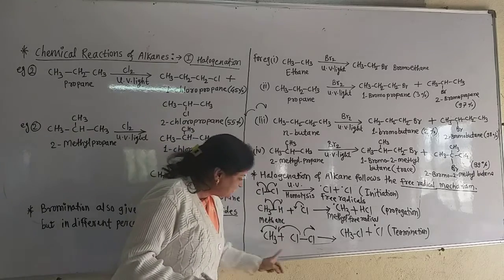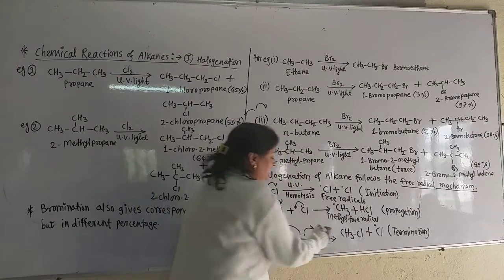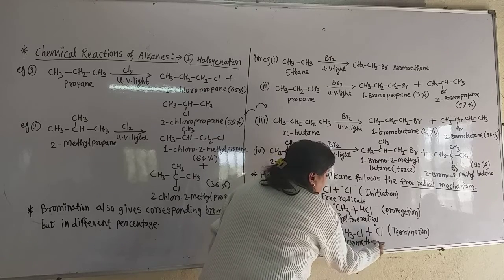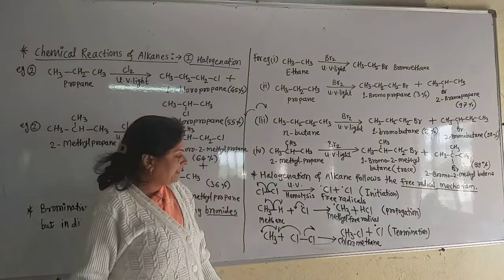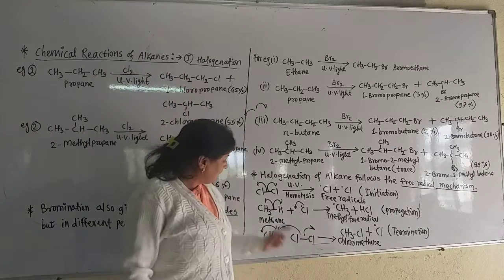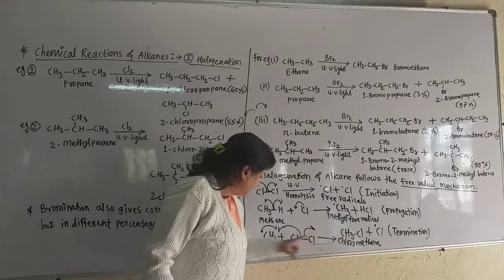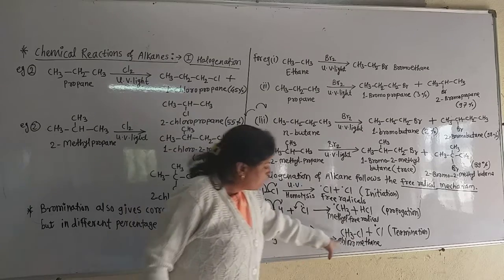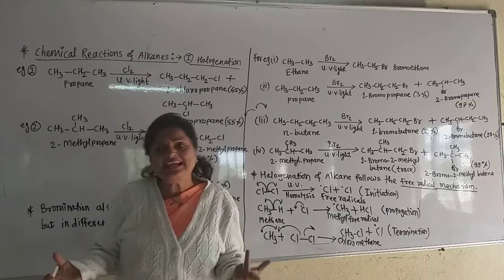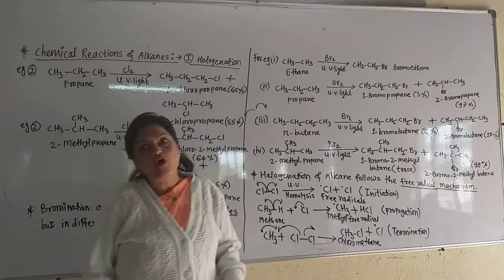Now in this way, this CH3Cl is formed, that is chloromethane, the IUPAC name, or methyl chloride, the common name, because we are seeing the halogenation of alkane. So alkane gets halogenated here, and as this methyl free radical and chlorine free radical form the covalent bond between them, there is formation of chloromethane. So this is the ending or termination step. Here the product is formed in this step.